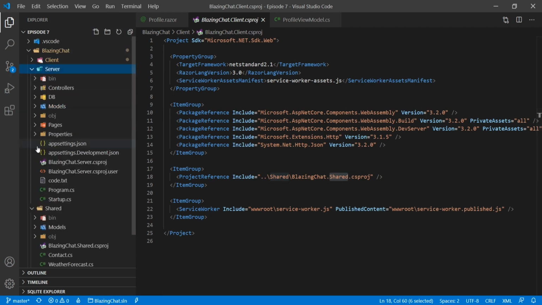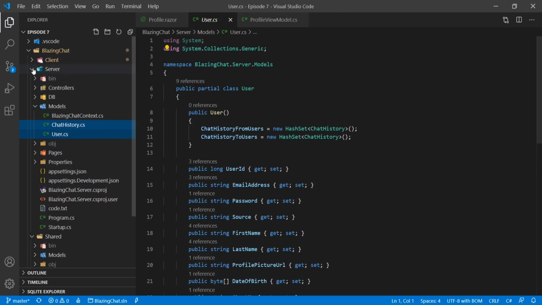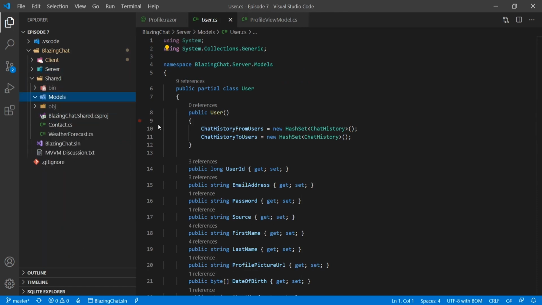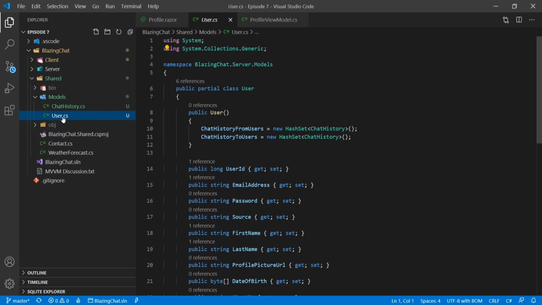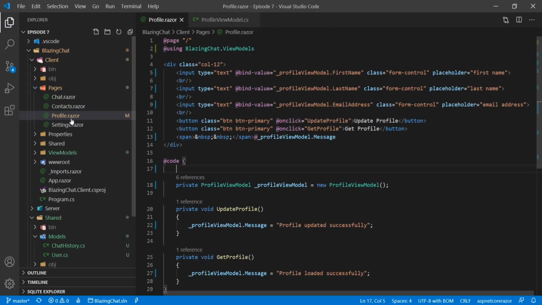And I'm going to create a copy of this user and chat history, and then I'm going to put it in my models here. The namespaces of these models should be shared because they are not in the server anymore. Now that we added these models into our shared project, we should have access to catching these models